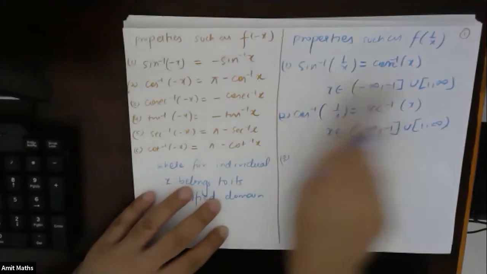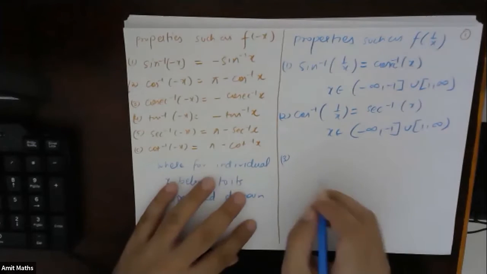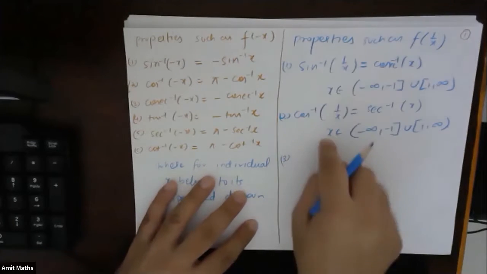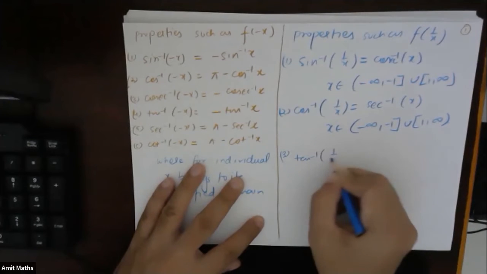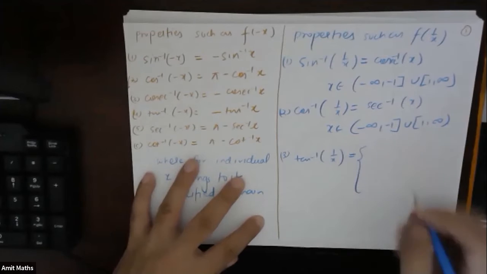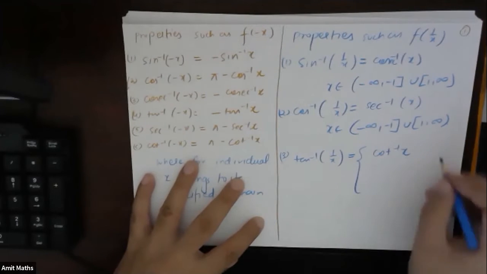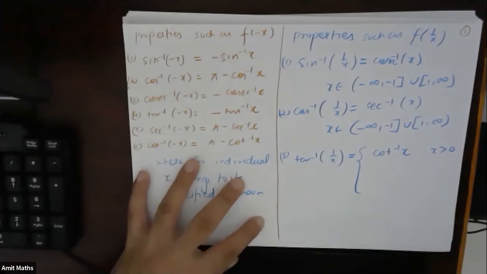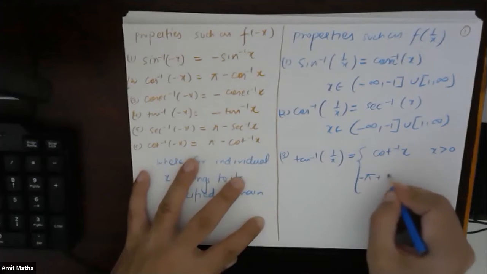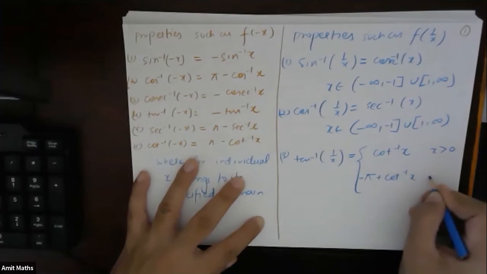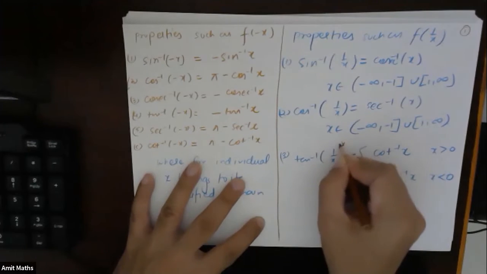And the third one, we had sine to cosec, cos to sec, so now we'll have tan to cot. But tan to cot will be a little different. These two were very simple. Suppose we have tan inverse of 1 by x. This will be equal to cot inverse of x when x is greater than 0, and equal to minus pi plus cot inverse of x when x is less than 0. Only this one you have to remember separately.